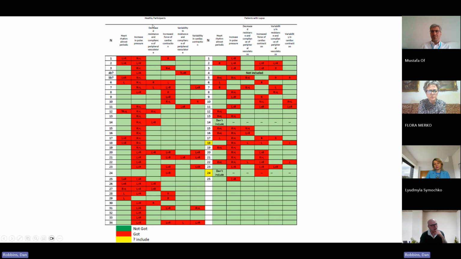So what we're looking at here is our healthy participants on the left and our patients with lupus on the right. In these controlled conditions, I know there's nothing happening in the room, and I'm still seeing lots of these observations. I did this analysis independently, and I asked a second clinician to look at this independently. I didn't show them my results until after we'd collated them all. And we were broadly in agreement. A couple of times we had to go back and compare, but overwhelmingly,